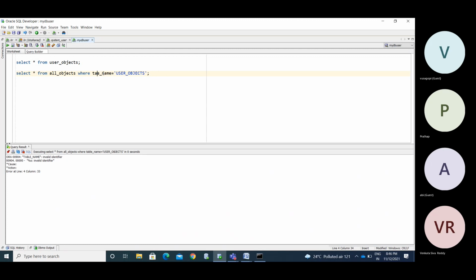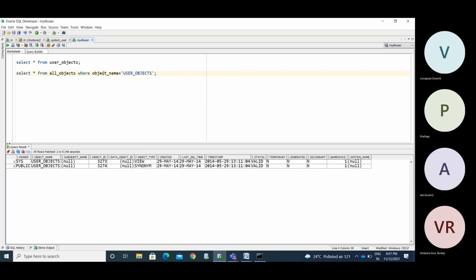Now, in all_objects the column name is object_name, not table_name. See, the owner is public, the owner is SYS. So SYS user created user_objects as a view.